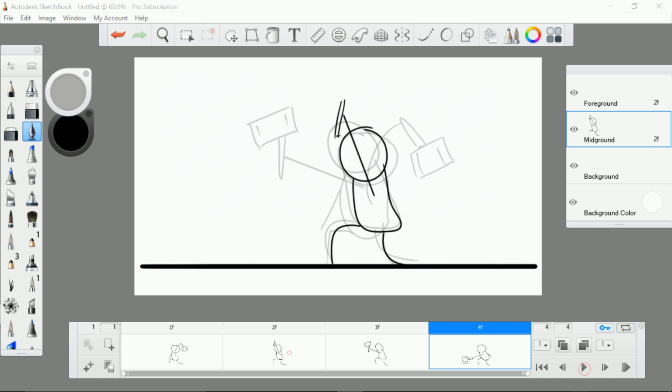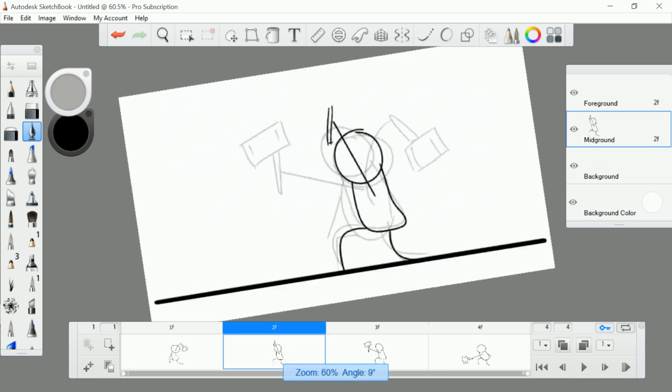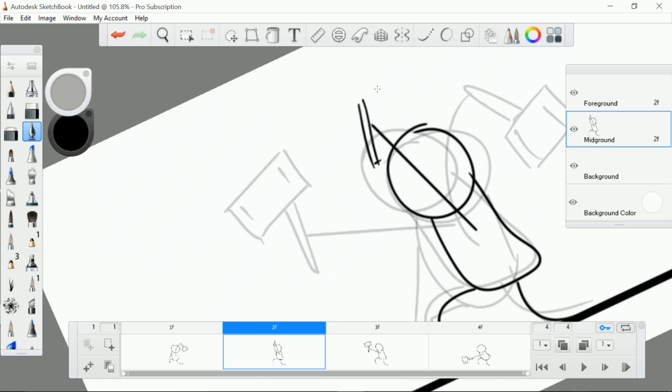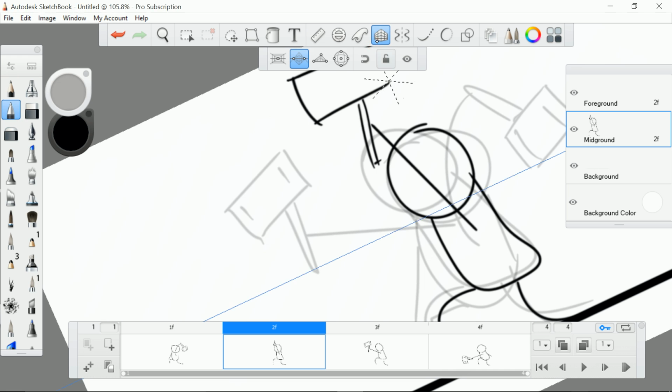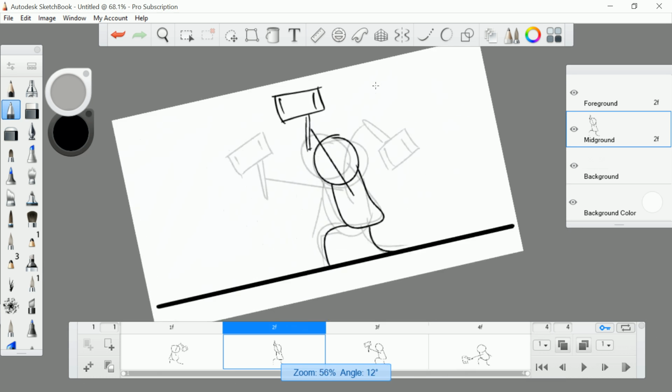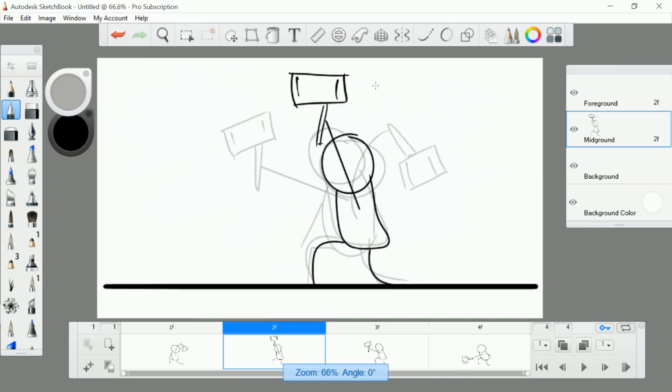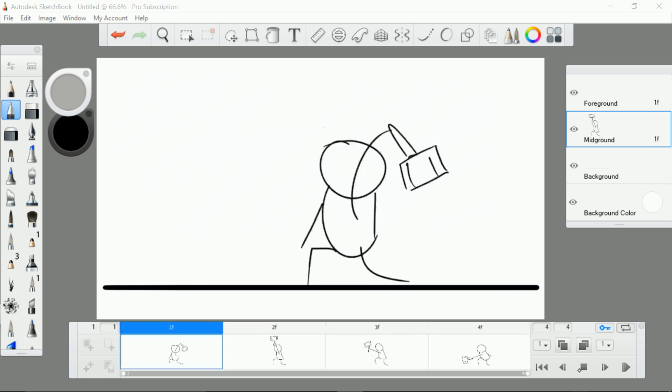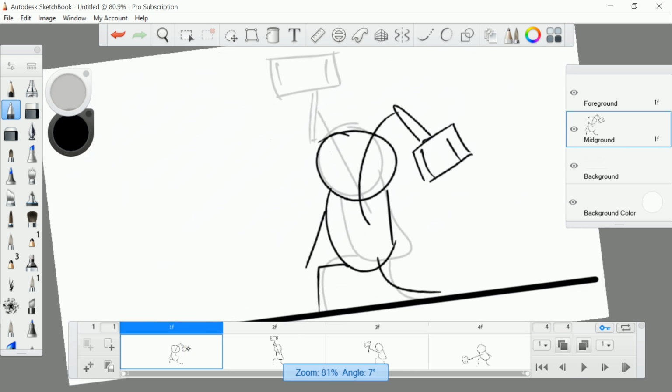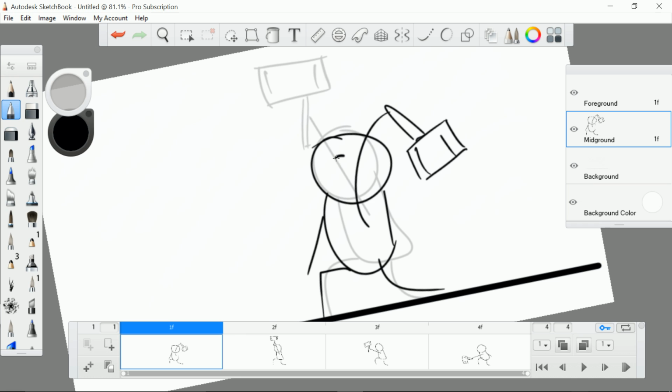Oh yeah, now I can draw the top of my hammer. I was using my pen tool earlier. Cool. Alright, now roughly that is done. I mean, at this point I can go through and start adding a little bit more detail should I want to. Now let's give him some